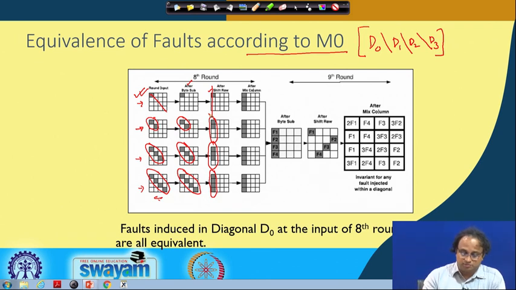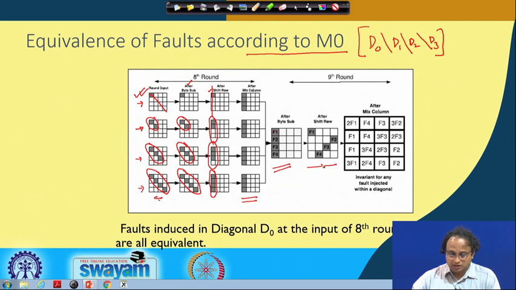Now because of this, when the mixed column comes in at this point, the mixed columns has a specific property, and because of that property we see that we get a disturbance which is of this type. Okay. And now after byte sub we have got the fault which propagates, which is like F1, F2, F3 and F4, and therefore after the 9th round shift row, these bytes get distributed into 4 columns of the AES state matrix.